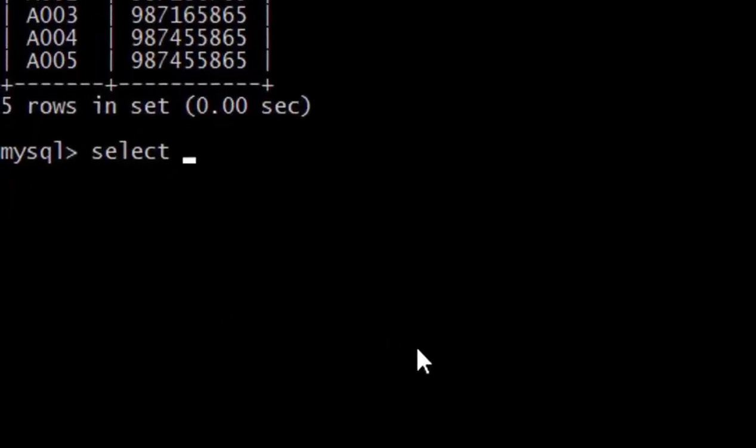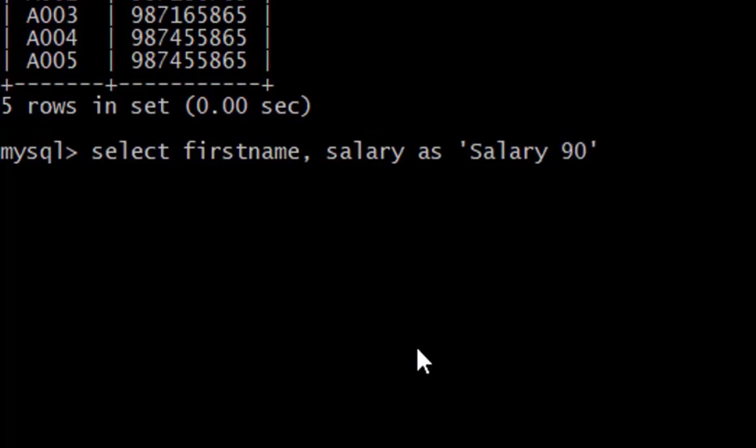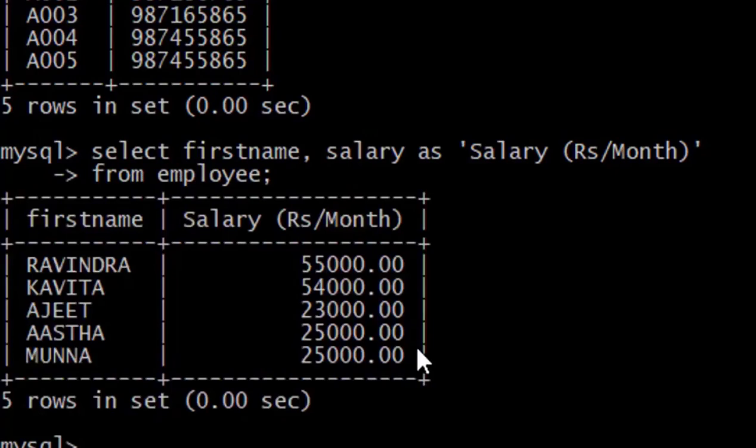Select first name, salary as salary rupees per month from employee. Okay, again I'm using this keyword as and double quotation, so result is showing.